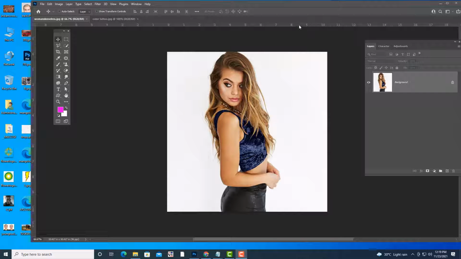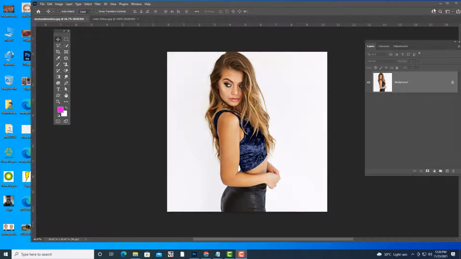Okay, so the next filter that we are going to see is the displace filter. What we are going to do with the displace filter is create something like a tattoo. I'm going to create a tattoo and place it on this girl's hand. We can also take a flag and put some caption or title on that flag, so the text will adjust to the folds of that flag. Okay, so we'll see how we can do that.